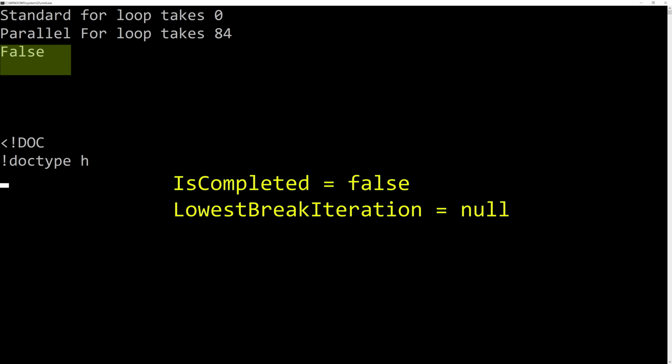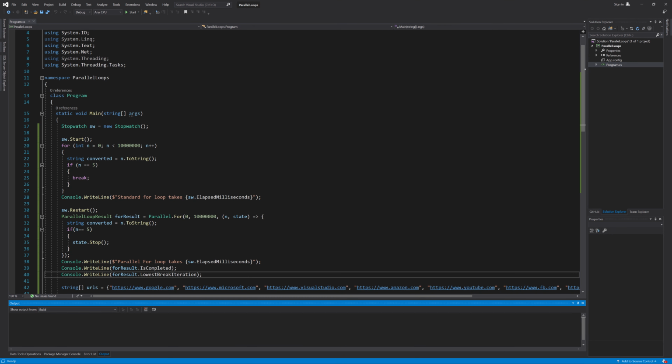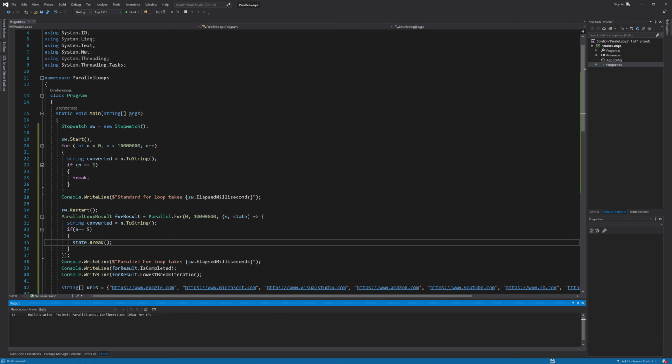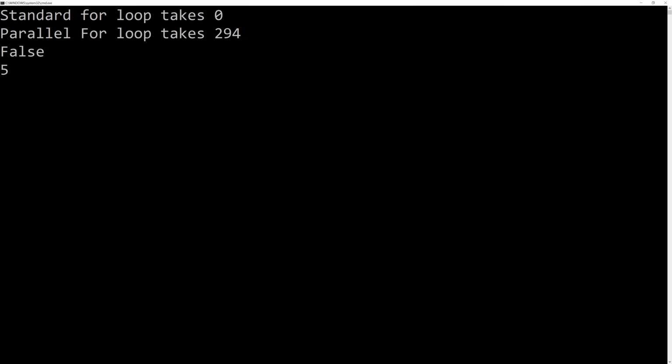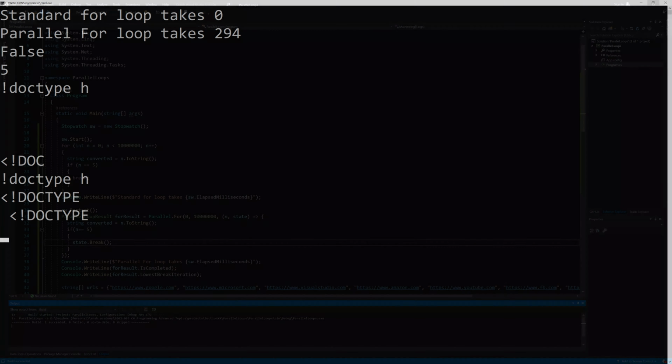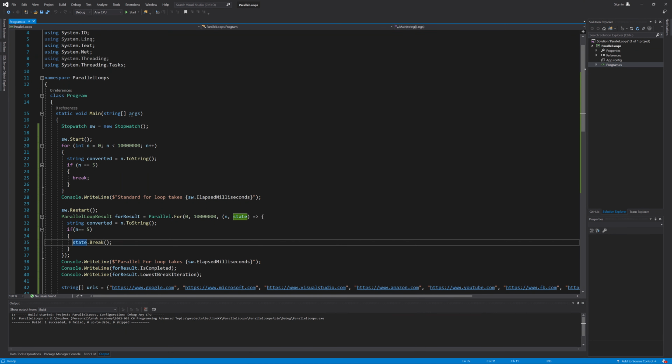You can see here that the IsCompleted property is false since I am using a Stop method here, and the LowestBreakIteration is null because I'm using Stop. If I change the Stop method to Break, I can see the results here. IsCompleted is still false as not all iterations completed, and LowestBreakIteration is showing the number of completed iterations here. If I remove the break statement,